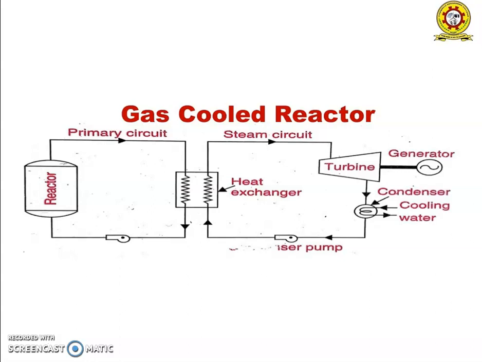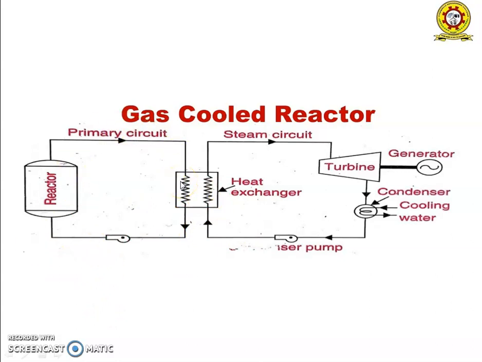If helium is used instead of carbon dioxide because of leakage problems, the gas pressure would be less than 7 kg per centimeter square, so that the vessel thickness should not have any problem. In gas-cooled reactors, the gas flows through the channels round the elements, leaves the reactor at the top, and flows through the heat exchanger by using the primary circuit,